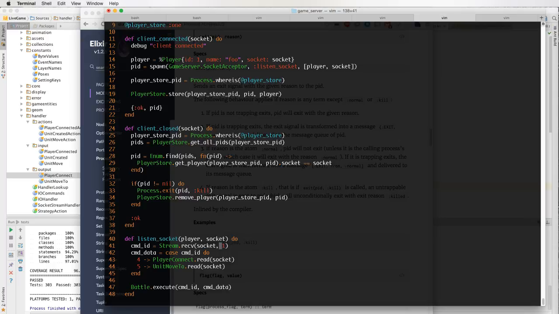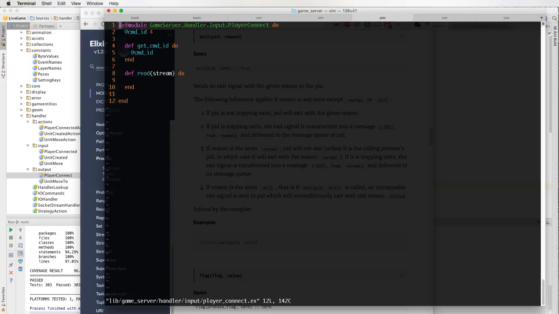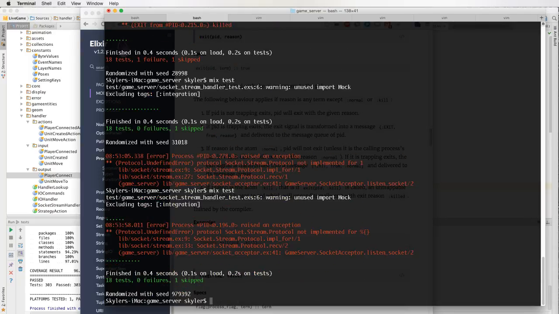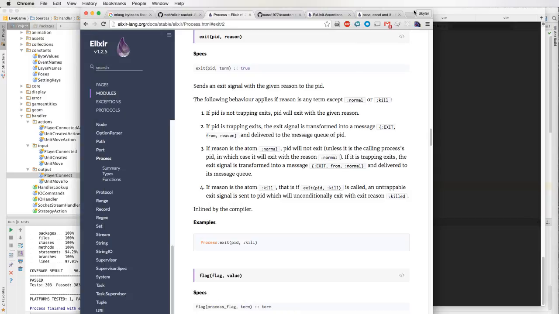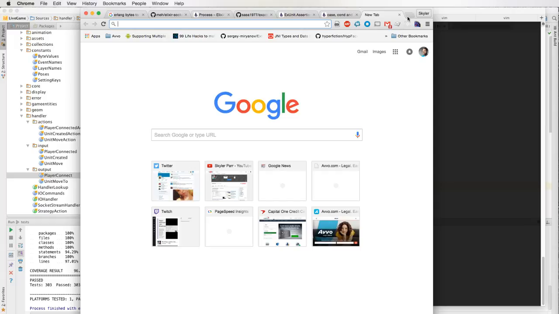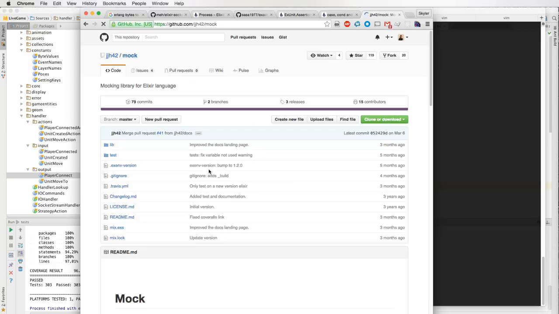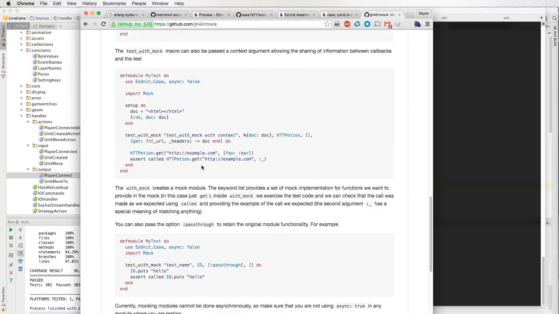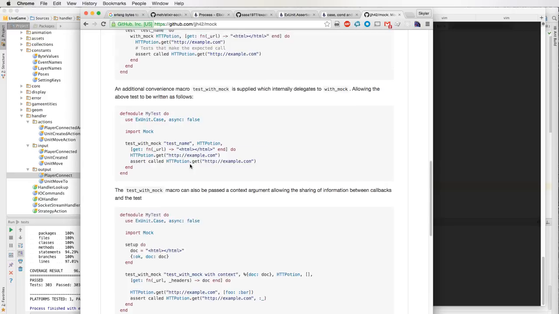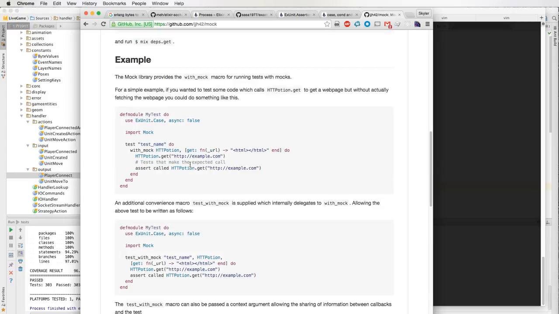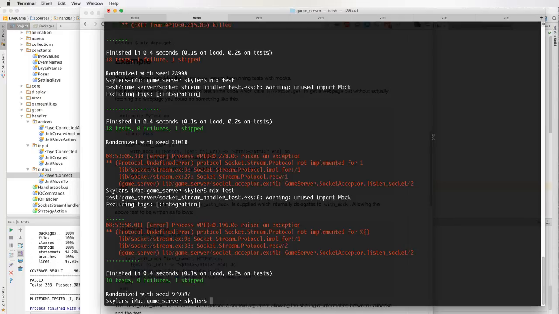What can we do here? So the problem is that it's expecting a, I can't just pass this mock little map thingy to socket stream. So what we could do, I wonder if we could mock this. Elixir mock, JJH42. So you could try to mock it, which is probably the best bet here. Okay, so